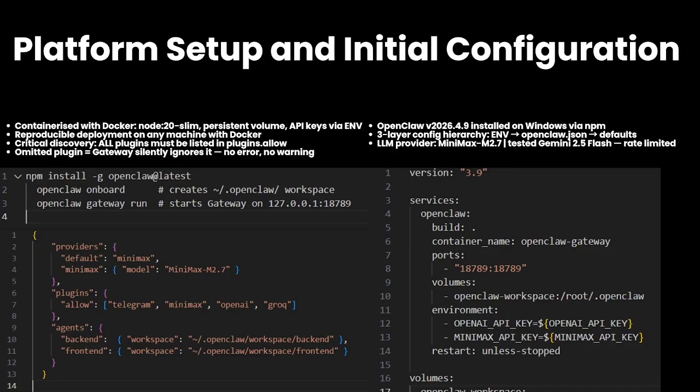Platform step and initial configuration. The first practical phase was installing and configuring OpenClaw. On the left, you can see the 3 installation commands and the OpenClaw JSON configuration with the Minimax M2.7